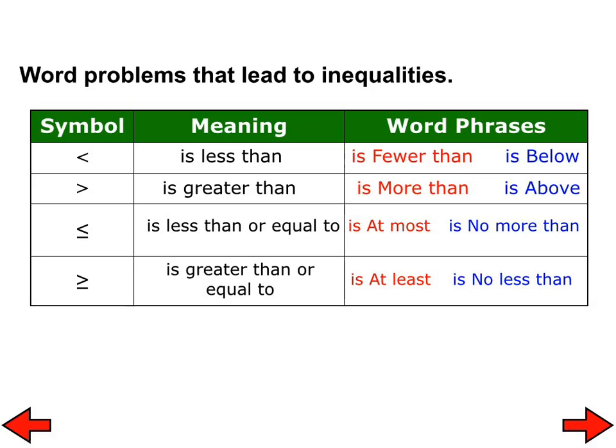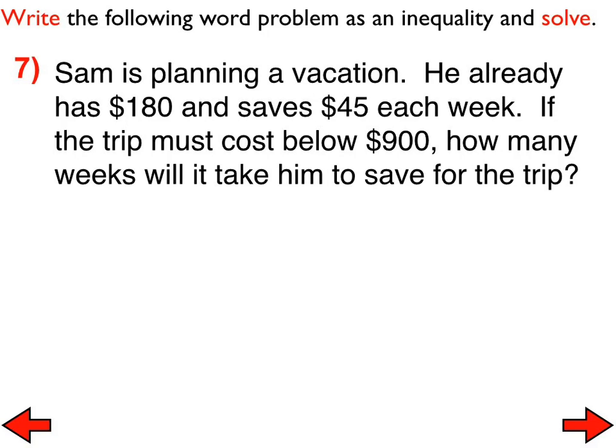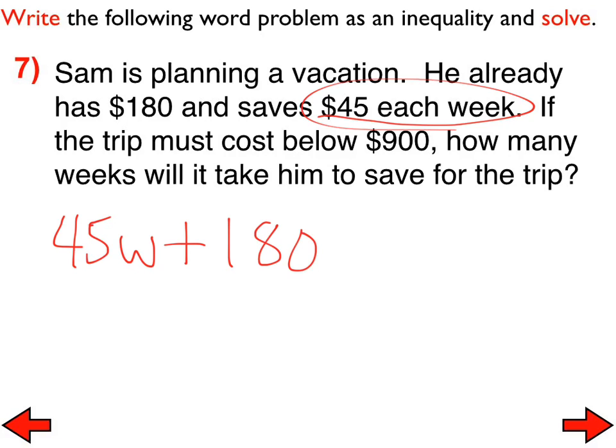So for number 7, Sam is planning a vacation. He already has $180. He saves $45 each week. So our inequality will look something like this. He has a total of 900, but we're trying to figure out below. Below is represented by the inequality less than. I'm going to bypass the work here